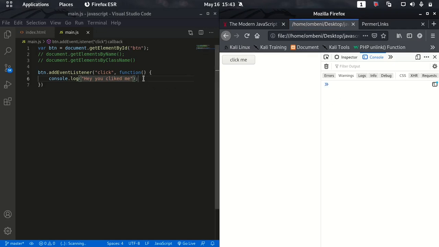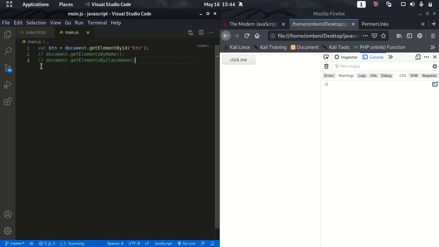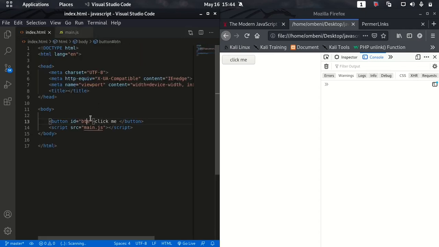We have a bunch of event listeners in JavaScript. I'm going to show you all of these events later on in this course. That's how to create an event listener. So far this event listener is very usable. Click event is very useful. So you may be asking yourself how to use all of this again. Instead of using getElementById, I'm going to use getElementsByClassName. To use that, we must specify a class to our button by using the class attribute, let's say btn class. Copying this name and